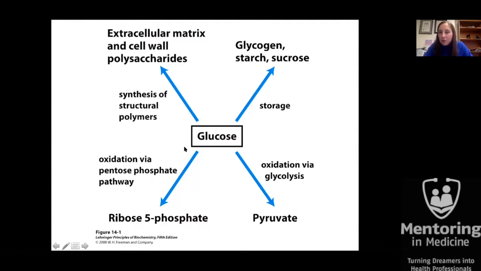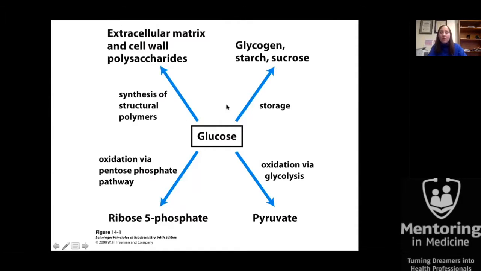We're now going to talk about glucose and carbohydrate metabolism in general. I have about a few minutes to sort of go over the overview, so I probably won't get to everything. This over here on the left, extracellular matrix and cell wall polysaccharides. We don't have cell walls in human cells, but this is relevant for plants. So don't get confused. This part of the slide is really only relevant for plants. But what we're going to focus on more is humans, because that's, I think, what you're interested in